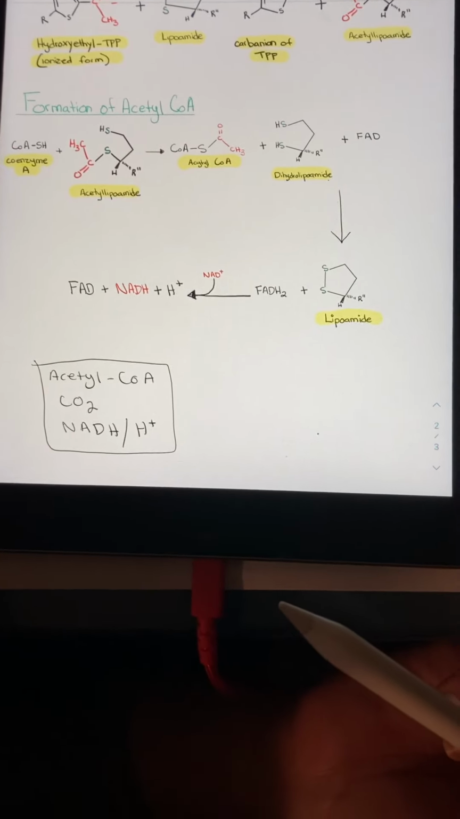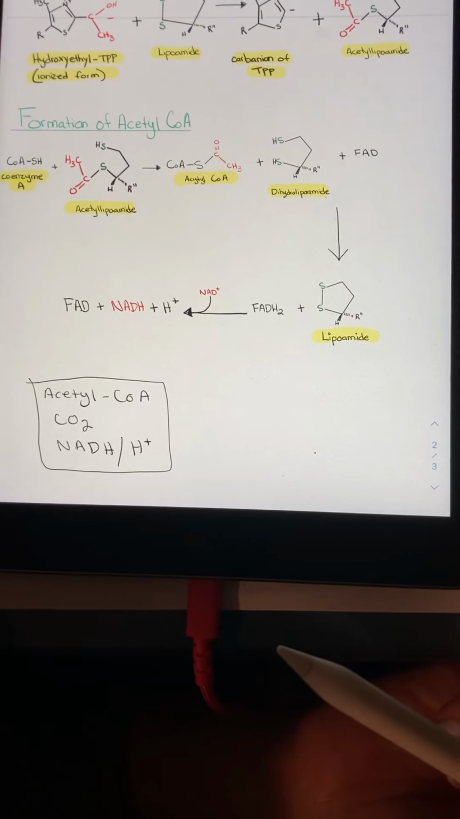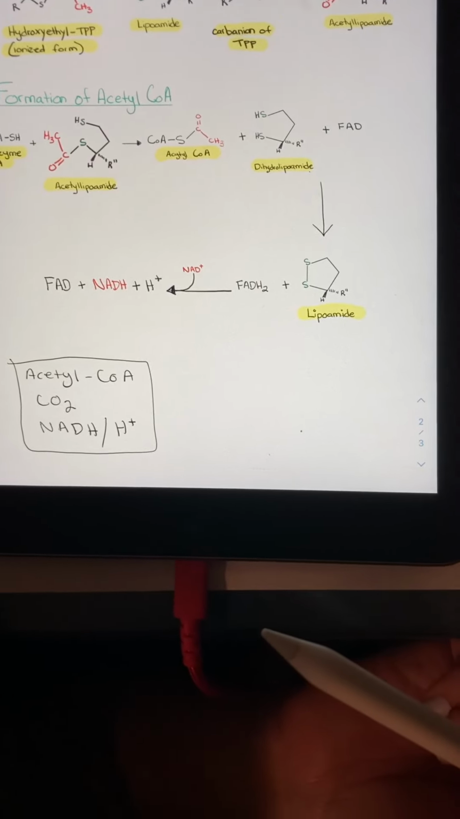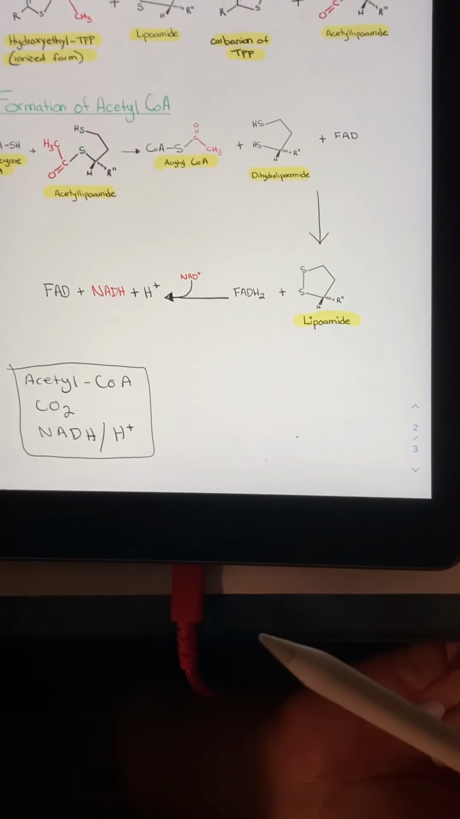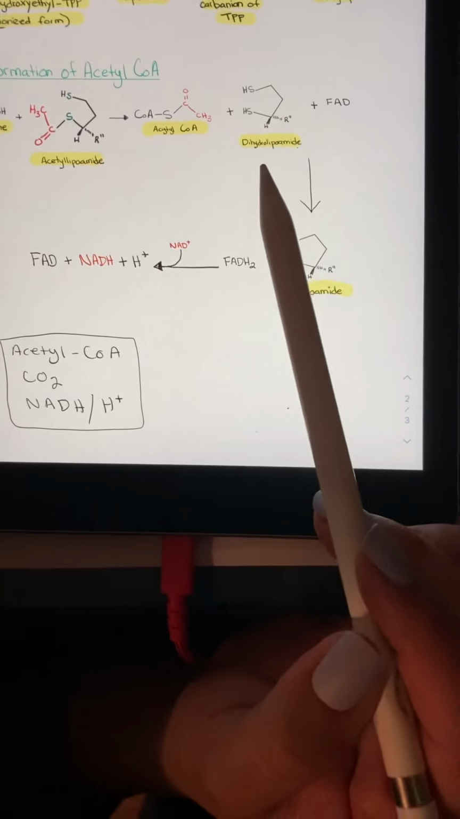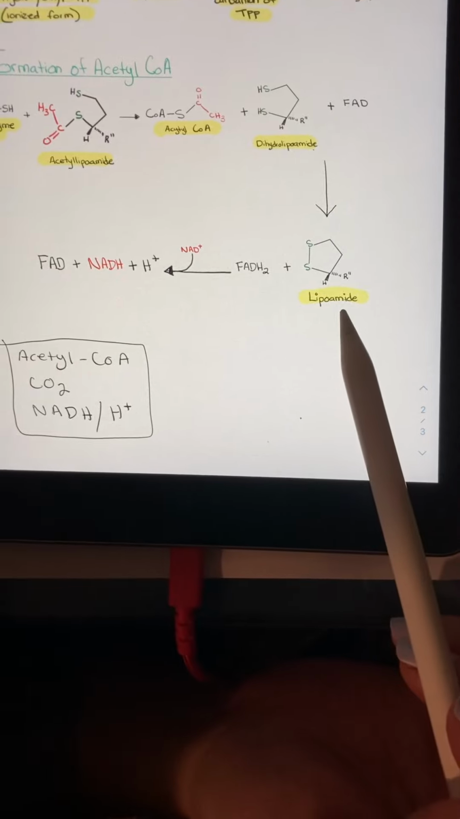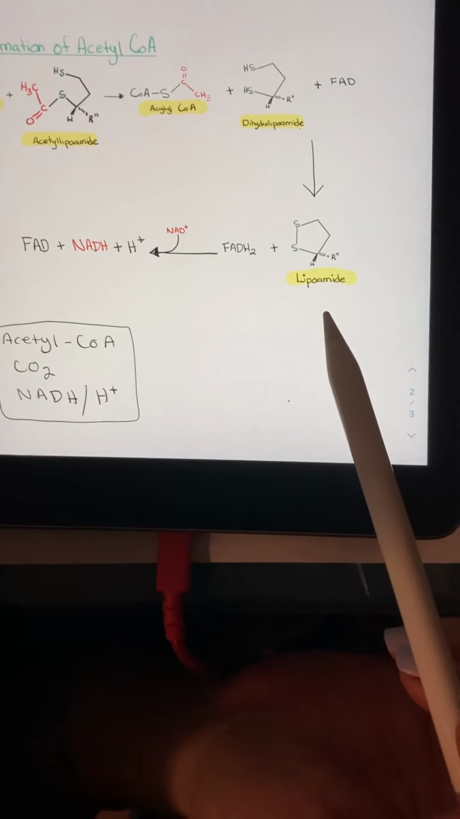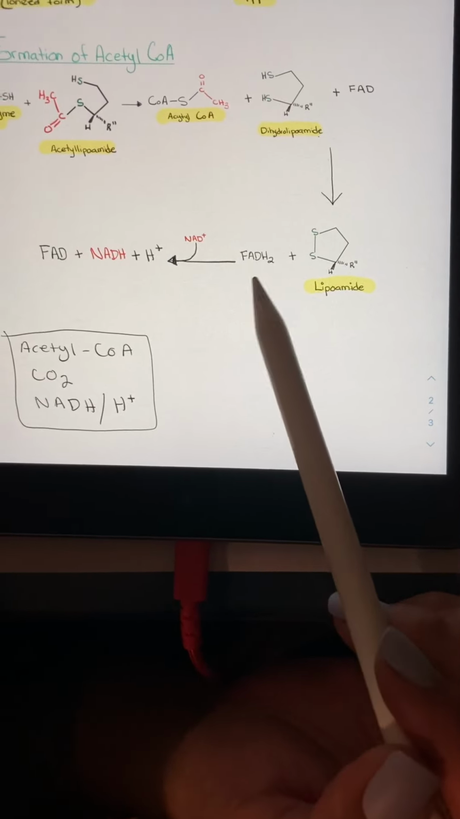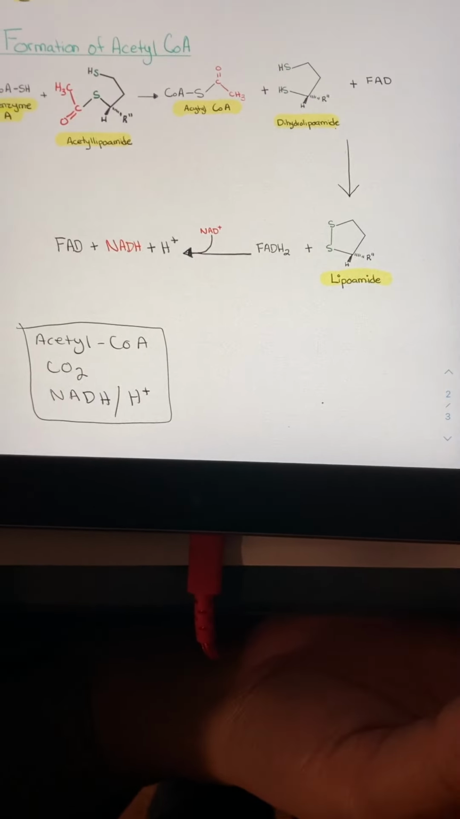So once the dihydrolipoamide has migrated to the E3 active site, it undergoes a type of oxidation. So first, FAD oxidizes dihydrolipoamide back to the oxidized lipoamide state, producing the reduced FADH2. So the FAD cofactor cannot be released